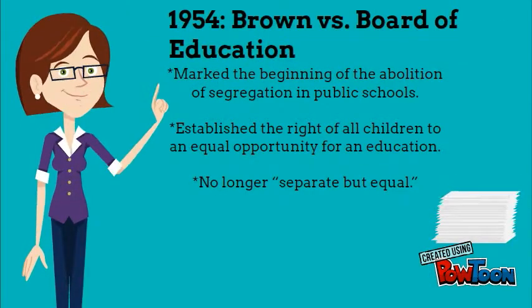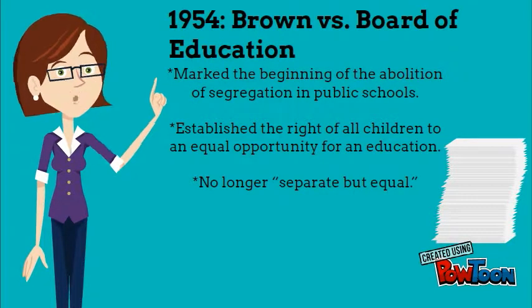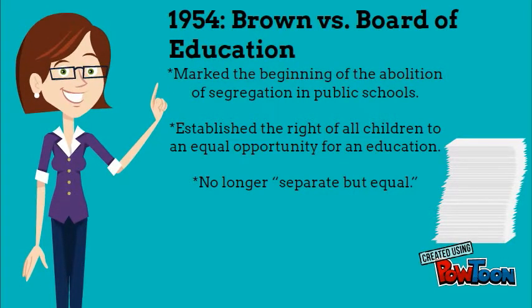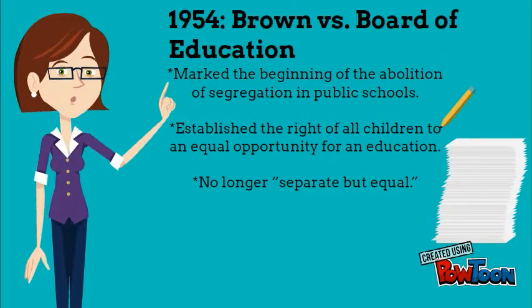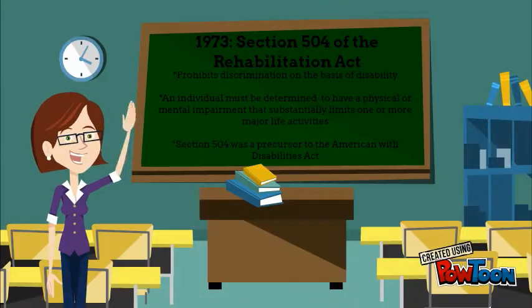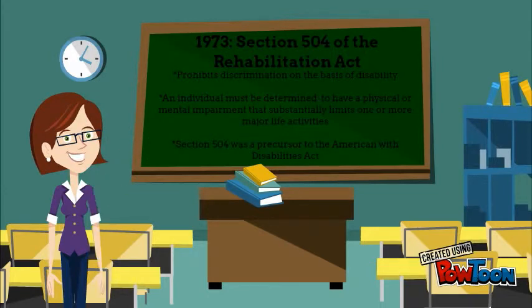The first one is Brown versus Board of Education. It marked the beginning of the abolition of segregation in public schools. It established the right of all children to an equal opportunity for an education, and children were no longer separate but equal. Section 504 of the Rehabilitation Act prohibits discrimination on the basis of disability in programs that receive federal